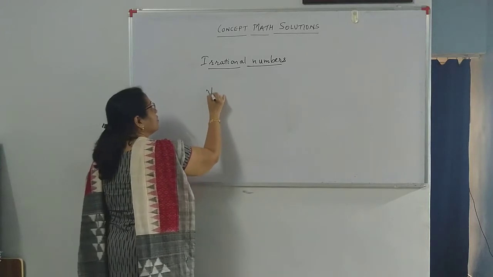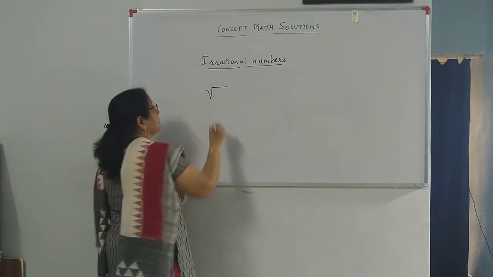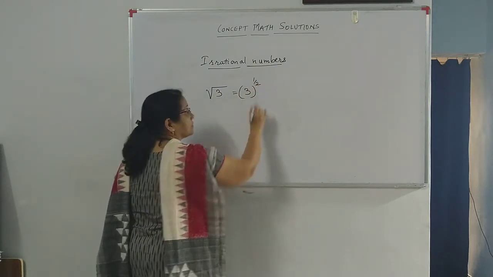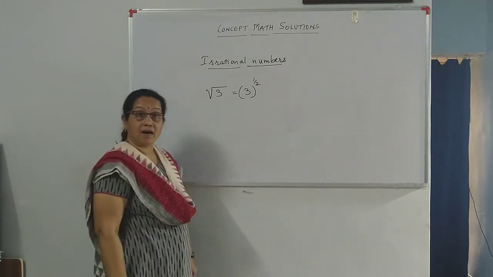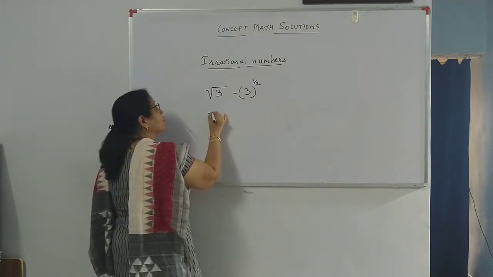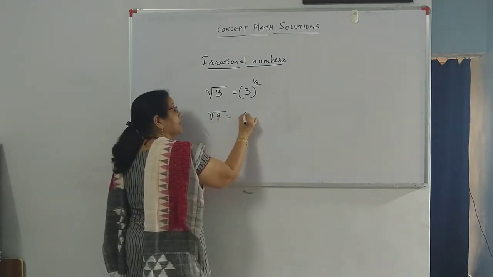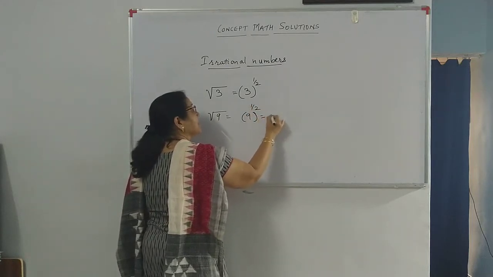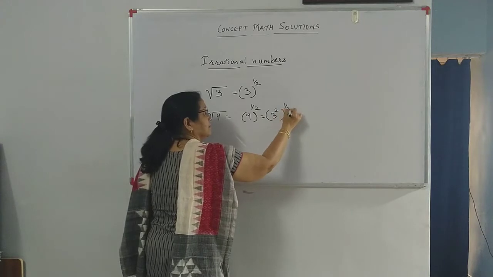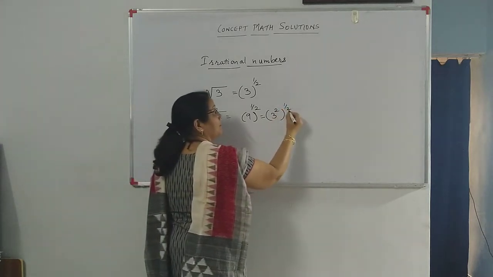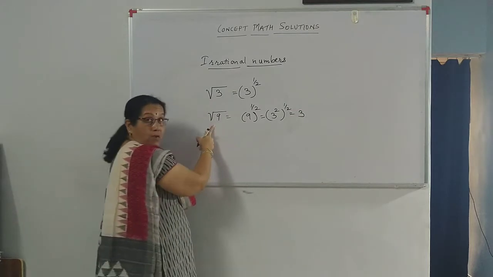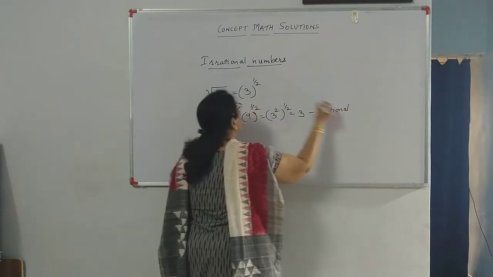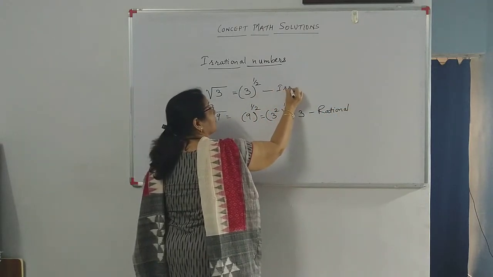Now when we say root, we use this symbol. This is root, say 3. This means 3 to the power half. Right? Degree is half. If I have root of 9, that means 9 to the power half, and 9 is 3 square to the power half. Now 2 into half is 1, so that is 3. Therefore root 9, which is 3, is rational and not an irrational number. Whereas this is an irrational number.